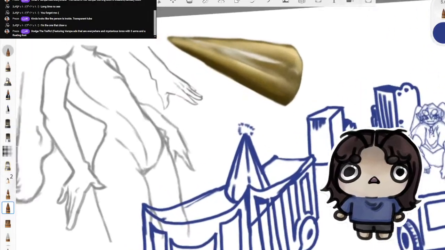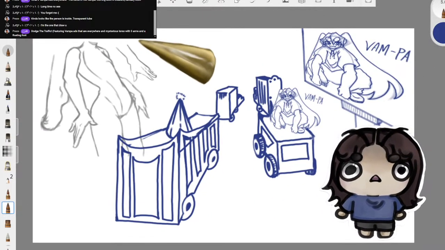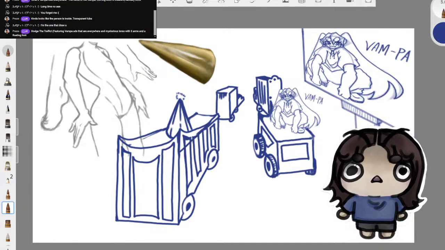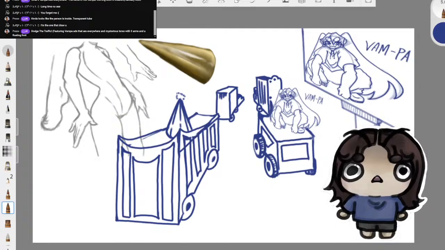Listen, I don't know what this is. This is just a sketch. Everything here is a practice. They're not meant to make sense together, but you know. Other than that, though,